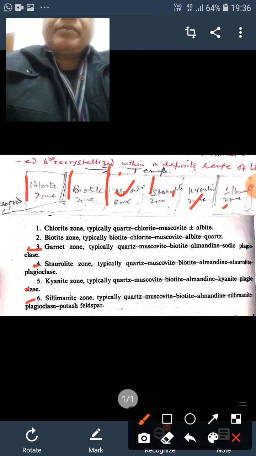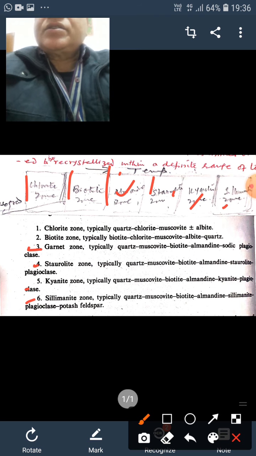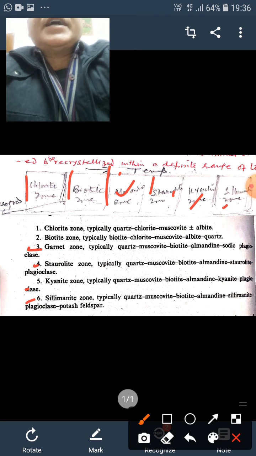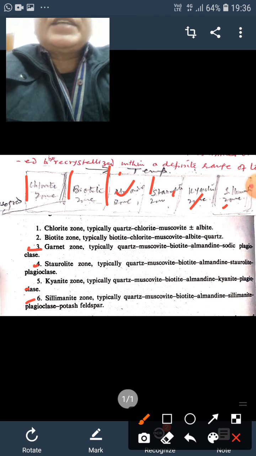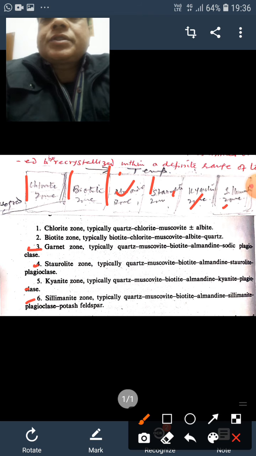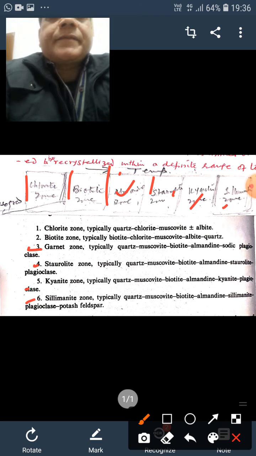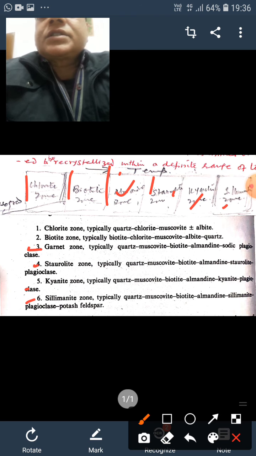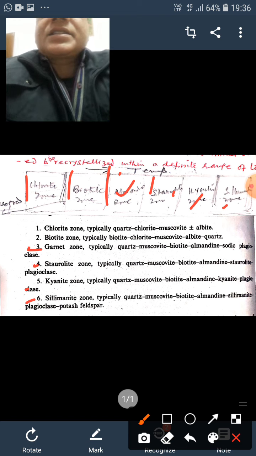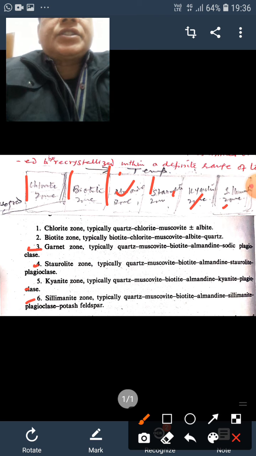The isograde mapped as lines on the map represent the interaction of mineralogical reaction surfaces with the earth surface. So this isograde, once again I want to clear it, may be defined as a line of outcrops on which a mineral assemblage begins to appear, that we also say the index minerals, or disappear. The metamorphic rocks present within the zone that is limited on both sides by isograds are considered to be recrystallized within a definite range of temperature and pressure.